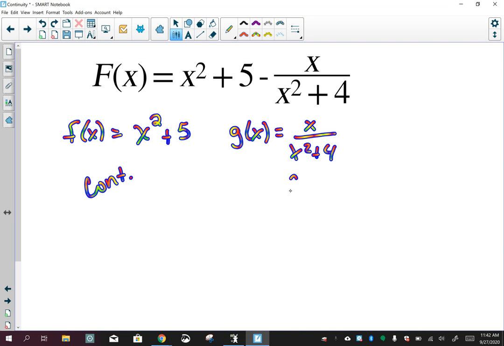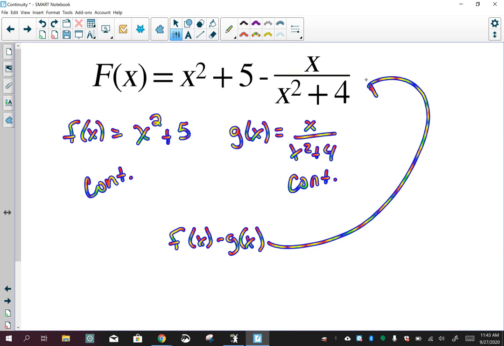The answer is no, so I'm going to be continuous here as well. If you look at this, I've got f of x minus g of x. That makes this really big f of x problem up here. Since this one is continuous and this one is continuous, my big f of x will be continuous. So this is just an easier way to take the problem and break it down into something smaller